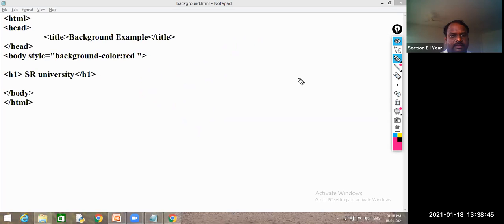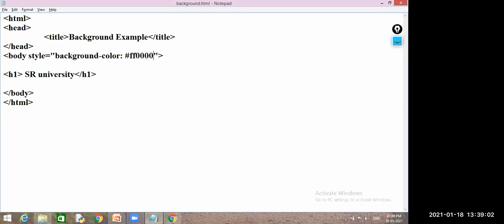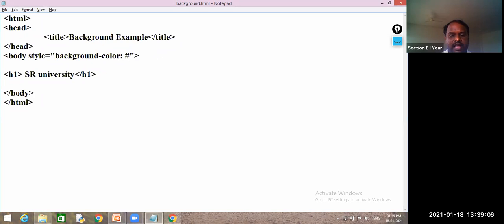And I'll tell you one more thing with another color code. So hash and FF0000. Can you tell this color? Red, sir. Very good. I want to make that background, already I have given red color, I want to change it to green color.